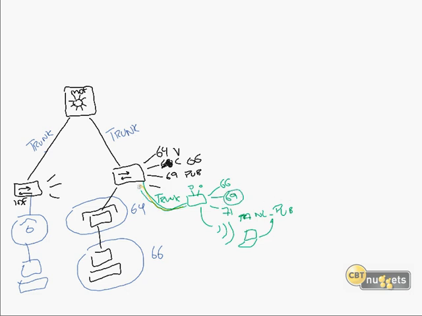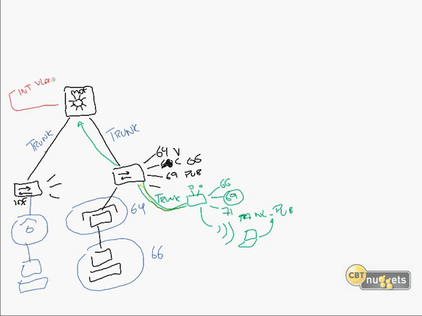comes across the trunk on VLAN 69 up to here. Now this guy is special because he is the router for the entire network. And I'm writing this down: Layer 3 switching. Be a great topic to talk about later. This guy's gonna have an interface